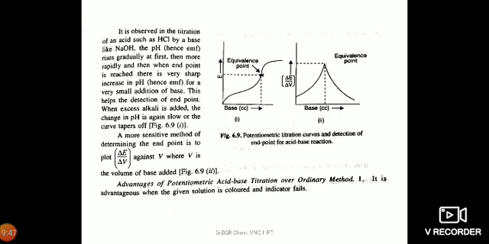A more sensitive method of determining the end point is plotting delta E by delta V against V values, where V is the volume of base added. So we are making a tabular column for each addition of volume of alkali. We are noting down the potential values there, E values. The difference of those two gives delta E, and the difference of volume gives delta V. Therefore, for each addition you can calculate delta E by delta V values, and those values can be plotted against